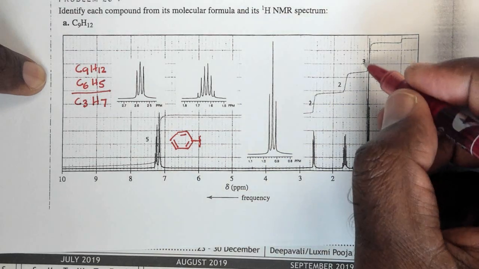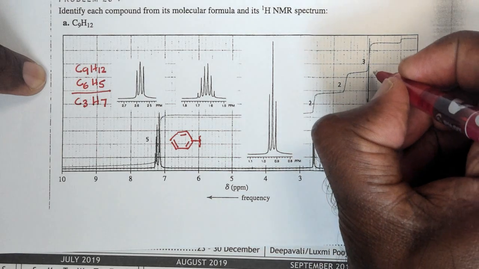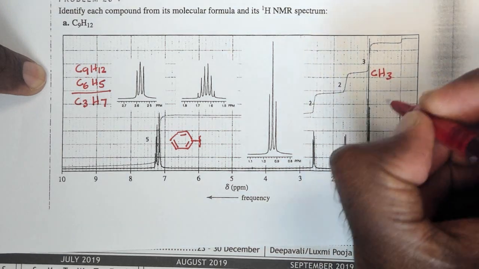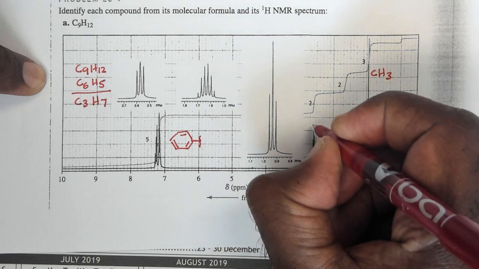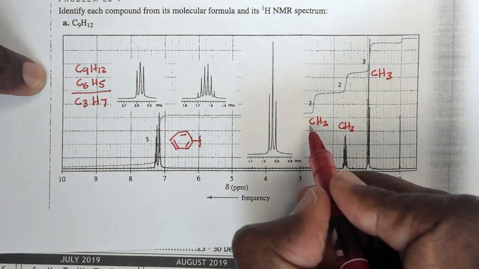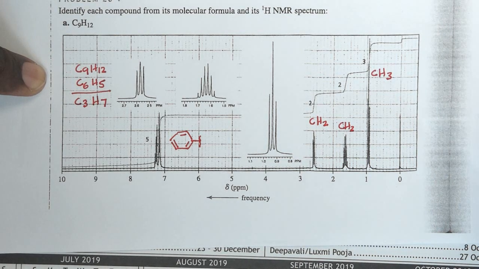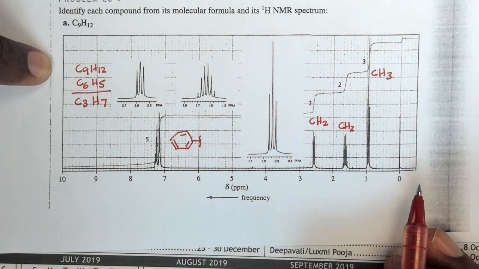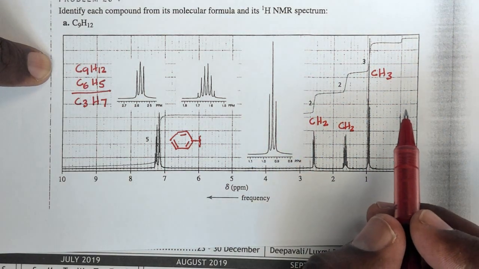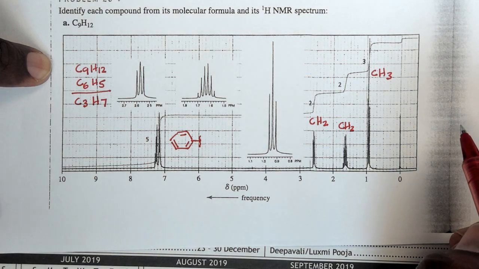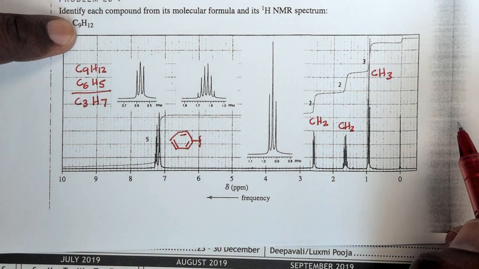And if I look at the integration of each of these peaks, we can see that this very nicely adds up to C3H7. 1, 2, 3, 3 carbons, 2, 4, 7 hydrogens. So I've got all the fragments that I have sorted out. I just need to put these fragments together now to make sense. Now, you don't really need to look at anything more to put these fragments together to make sense, but I'll